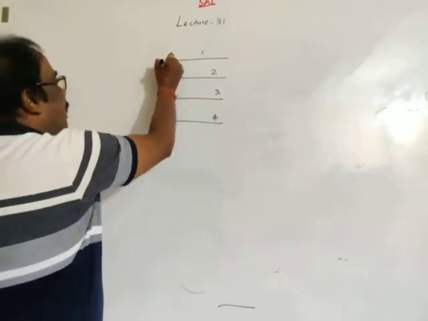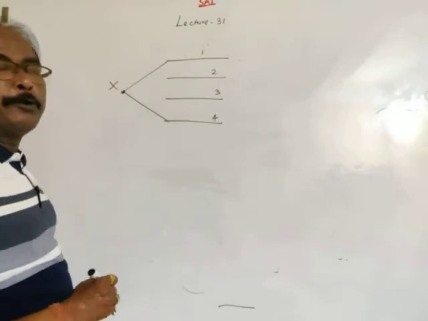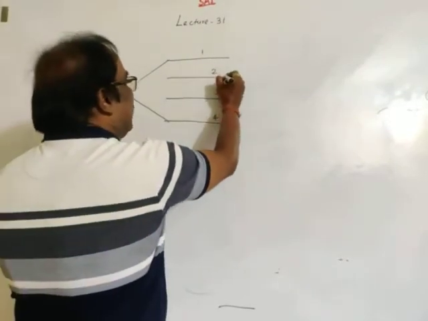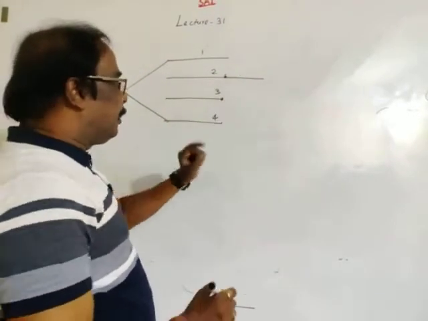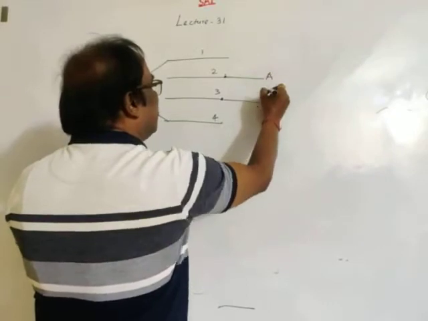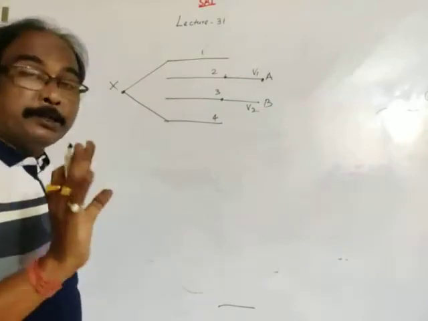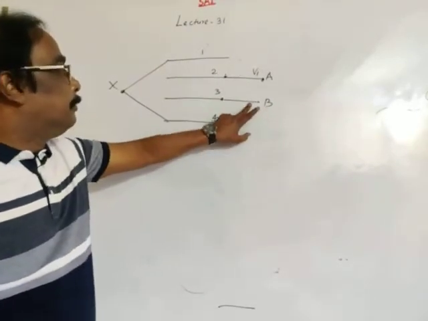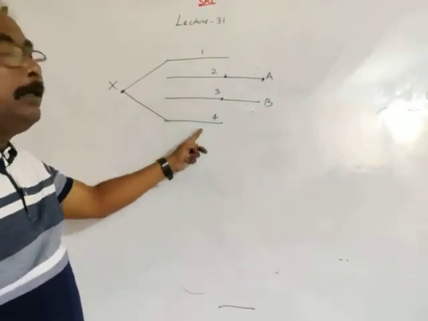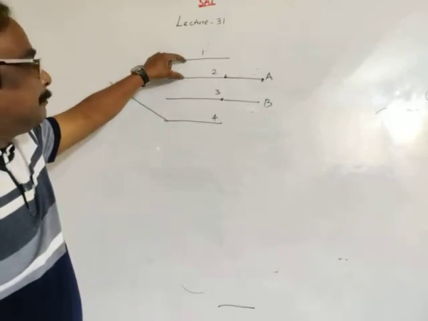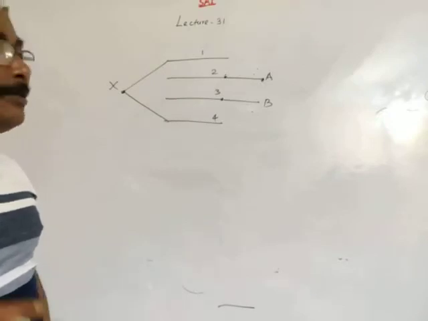Okay. First plate and fourth plate are connected to a point X. Second plate and third plate are connected to terminals A and B. Let potential of A is V1, potential of B is V2. We will assume like this. It is only asked in the given figure, surface area of each plate 1, 2, 3, 4 is A, and separation between nearer plates is D, D, D. Then what is the equivalent capacitance between A and B?